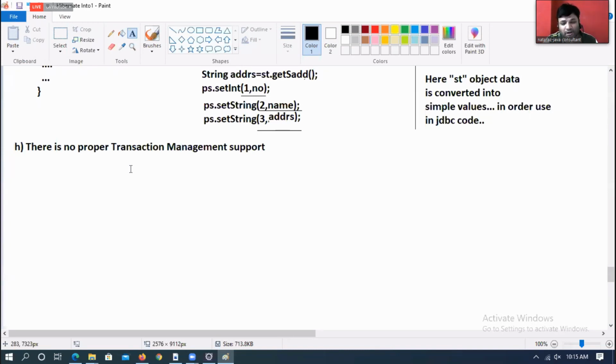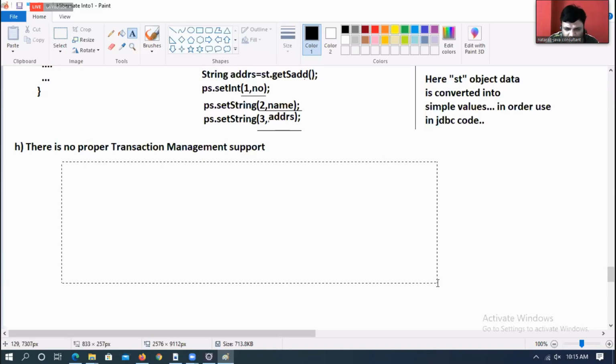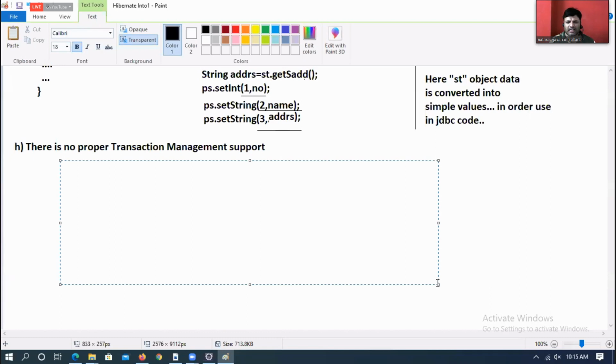When you are dealing with sensitive logic, transaction management is very, very important.